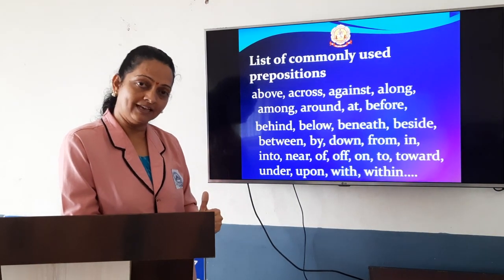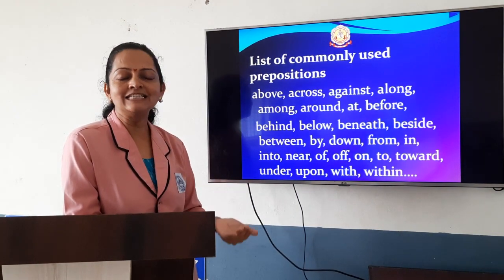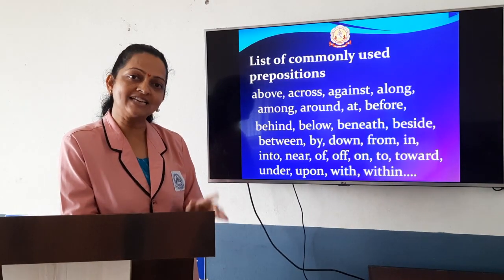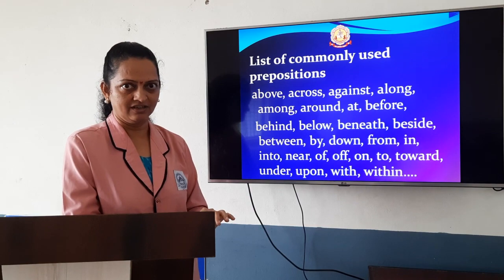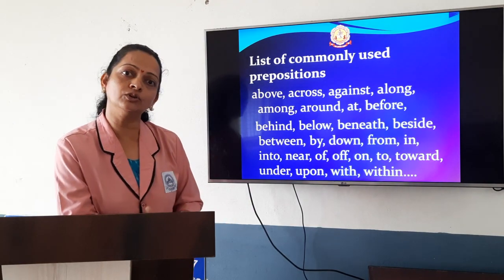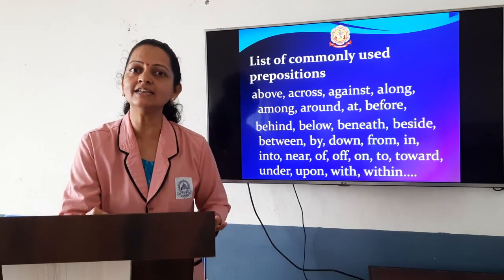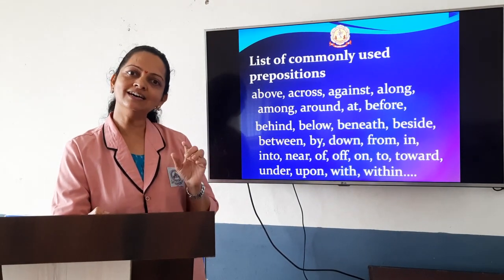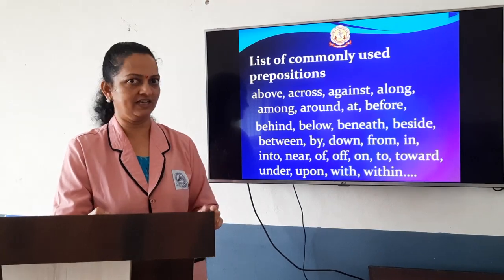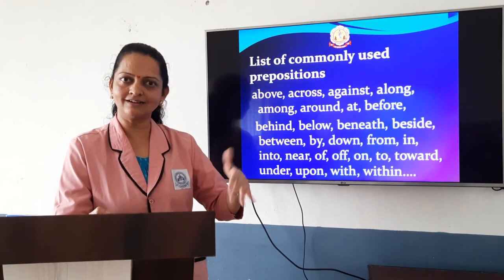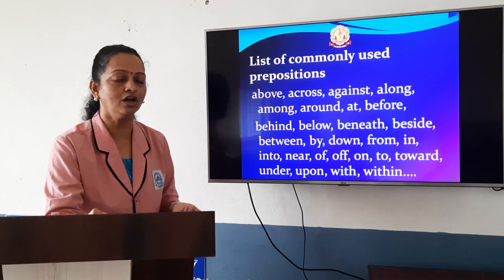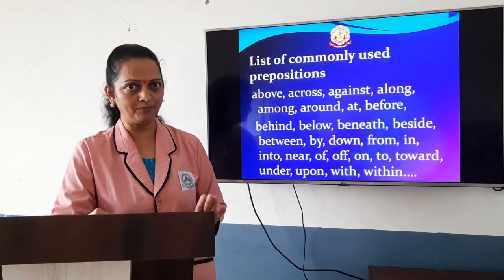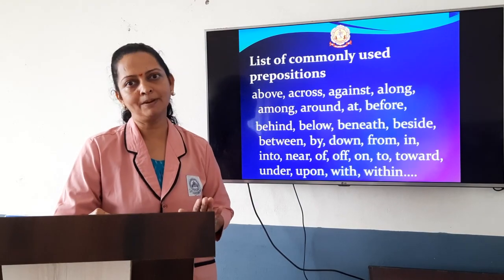The third type is the participle preposition. A participle preposition is nothing else but a preposition which ends with ed or ing. Now you may get confused whether it is a preposition or a verb. But let's not forget, verbs are action words. A preposition is the word which describes two things. As the Bridge course class goes on, we are going to learn about that in detail. But so as not to get confused, that is the third type, the participle preposition.